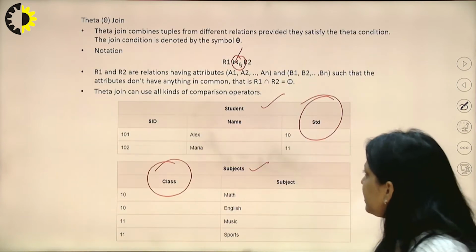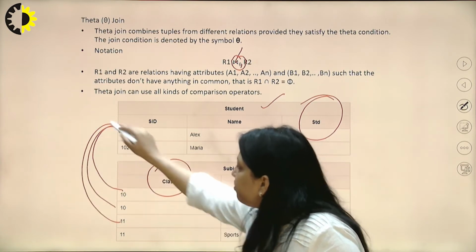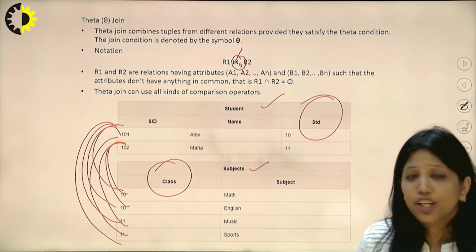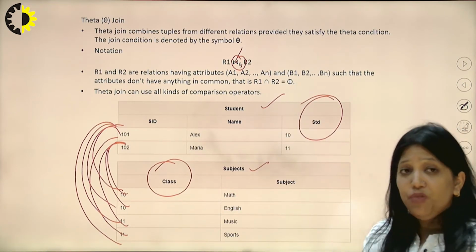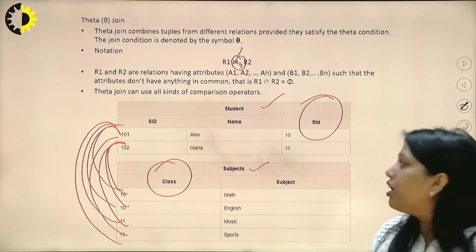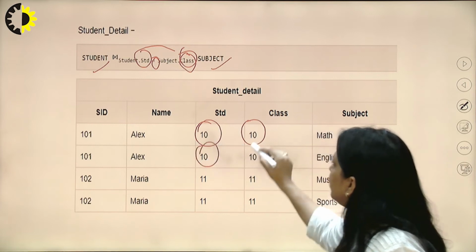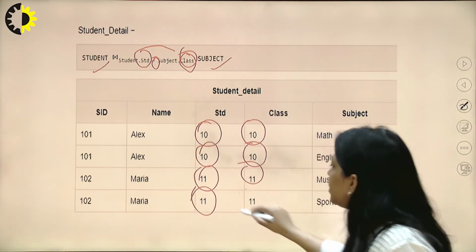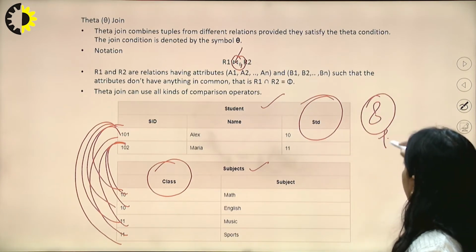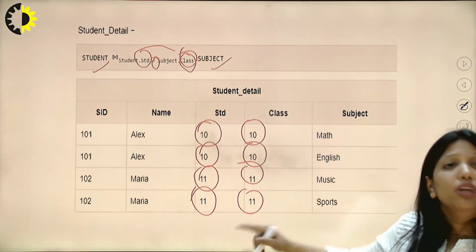as an output. So we will see here that if we join this table with this, and then again with the next one, and so on, we will get 8 tuples after joining this table with this table. But we want only those tuples where student.std is equal to subject.class. So we see that this is equal to this, this is equal to this. So when we join these two tables, we get 8 tuples, but in the output, we will get only 4 tuples,